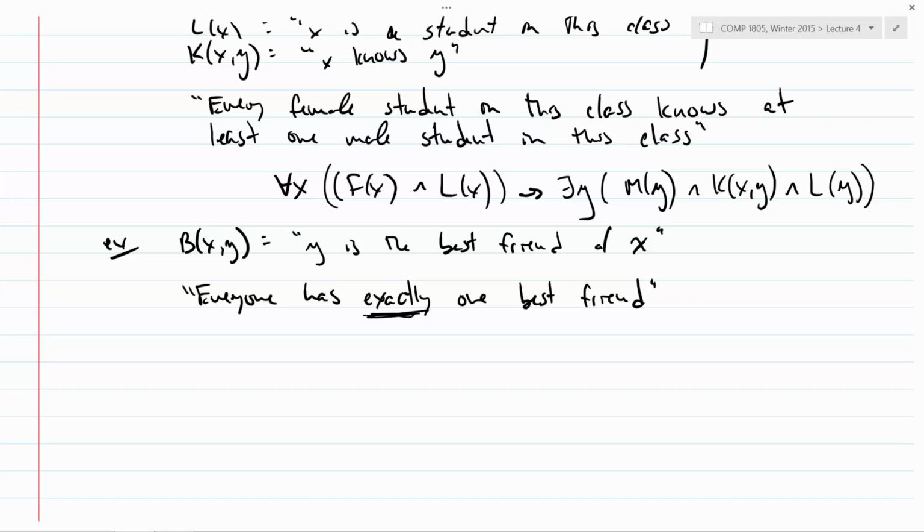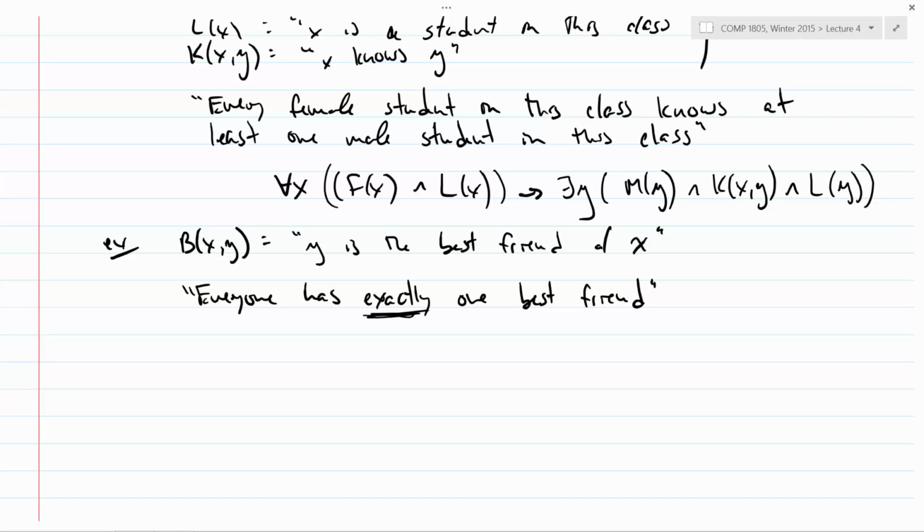So it's kind of like an if and only if in the sense that there are these two directions to it. Exactly means not less than and not greater than. There's two sides to it, just like there's two sides to an if and only if. So one way to think about questions that have exactly in them is to assert two things.